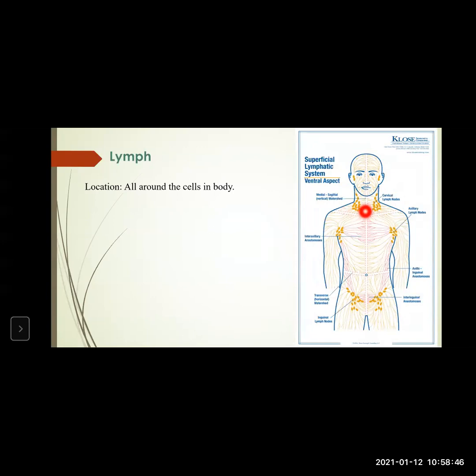These are known as lymph nodes. These are like glands which secrete the lymph. They store it and then it's supplied to all the parts of the body. In the head, near the ear, in the neck, in the arm, and in the groin region, you can find the lymph nodes, and these are the lymph vessels which supply the lymph to all the body.